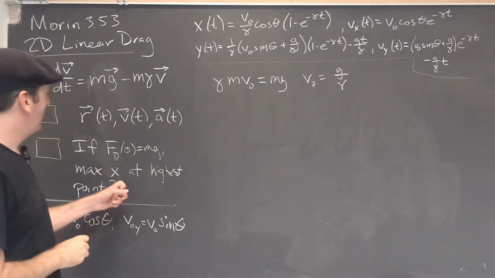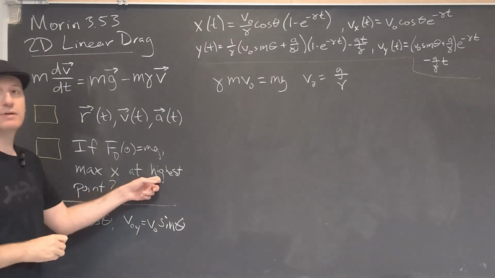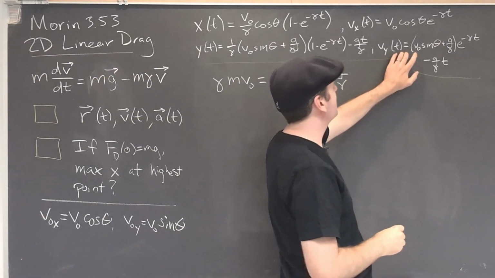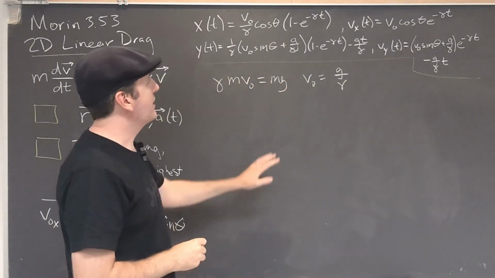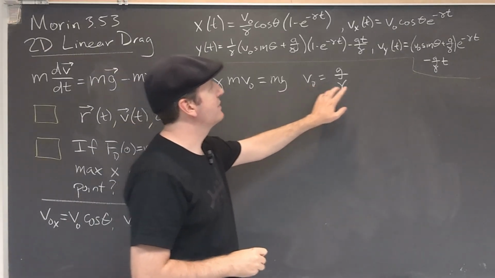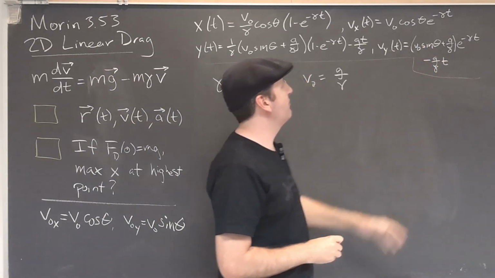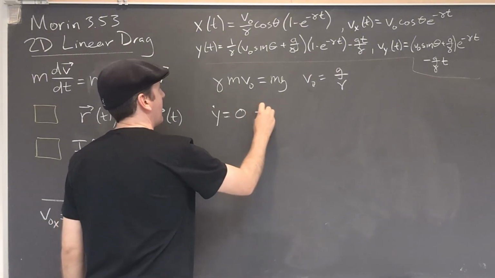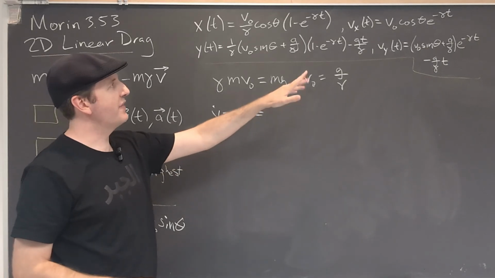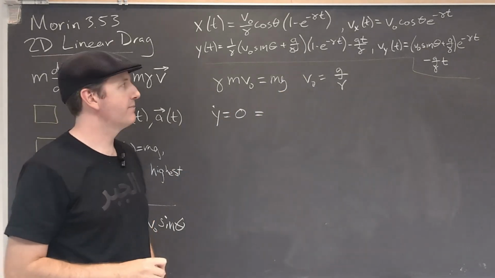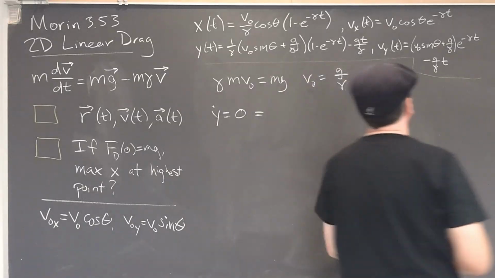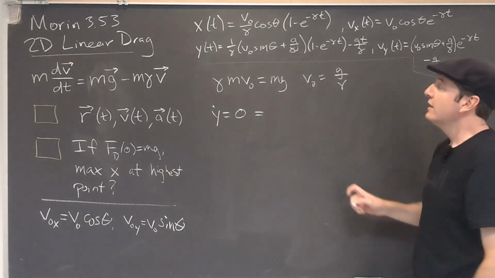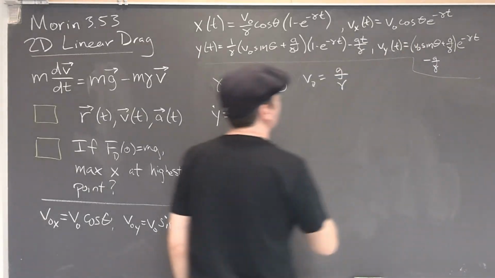Now, when y is at its maximum, so when we're at the highest point in the trajectory, we know that the y component of the velocity will be 0. So if I go ahead and sub this in for v naught here and do a little bit of factoring, we'll go ahead and solve for that e to the minus gamma t term. Oh, and I just realized there's a little bit of a typo there. This one doesn't have a t. It only showed up here. Okay. So plugging that in here, we end up with